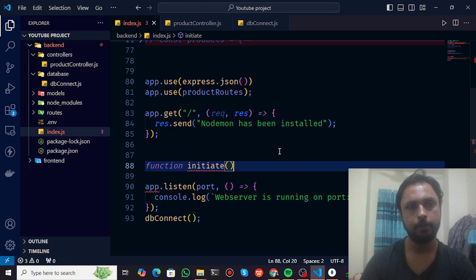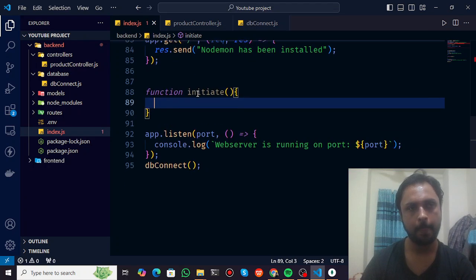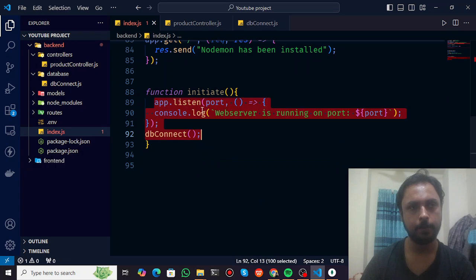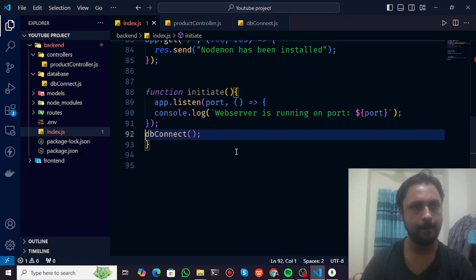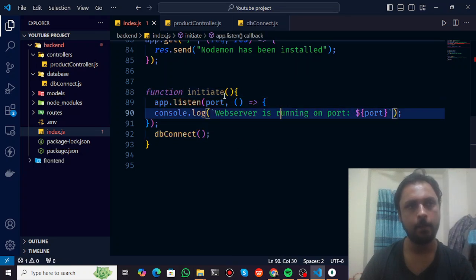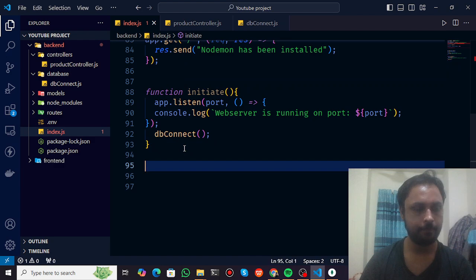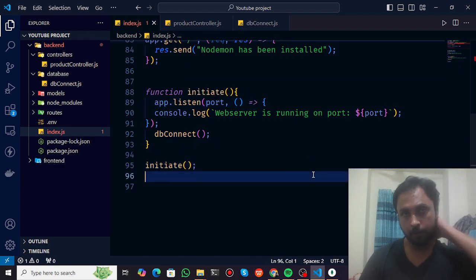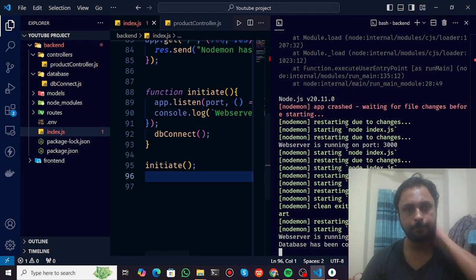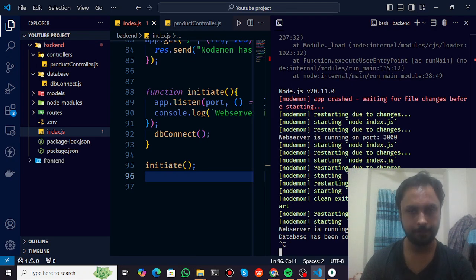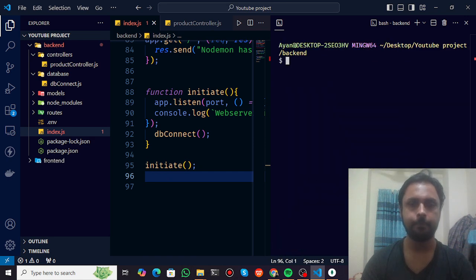So after the initiate function, I can wrap this up, and then I can call the initiate function. Let's save it here. Now let me close the server, and now if I run the application,